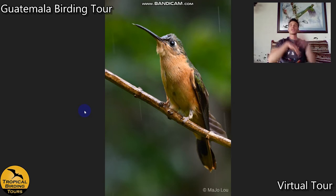So we go back to Antigua, Guatemala, and we spend the night after owling, and the next morning is spent birding the same reserve, but not the higher part of the reserve. The view that I showed you of the volcanoes, that's the higher part of the reserve. In the morning, we're just gonna visit the hummingbird feeders and the lower trails the reserve has to offer,